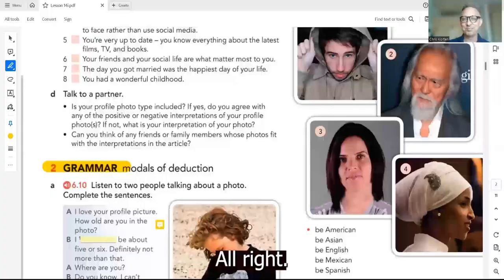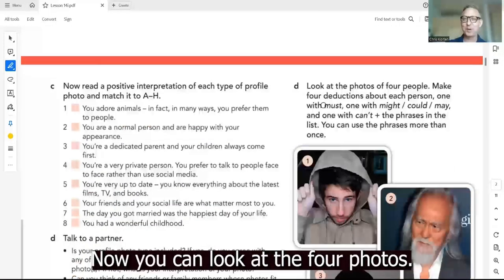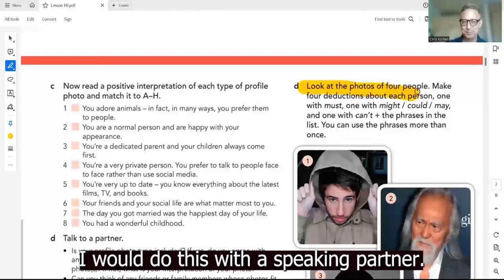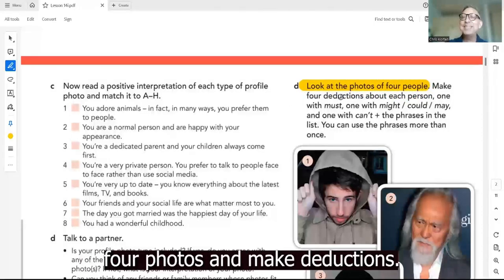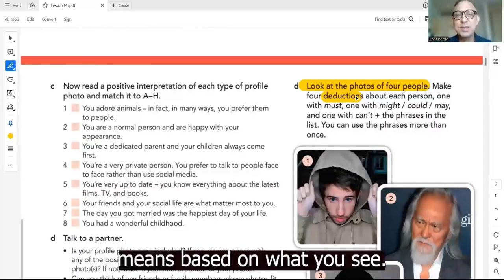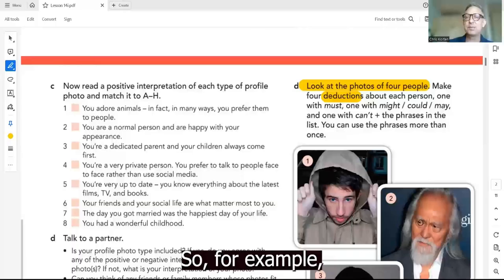All right. Now you can look at the 4 photos. This is where it gets fun. I would do this with a speaking partner. Look at the 4 photos and make deductions. Make deductions means based on what you see, tell us your thoughts. So for example, number